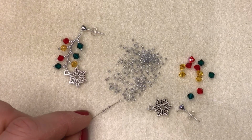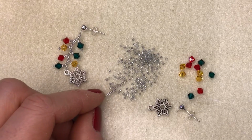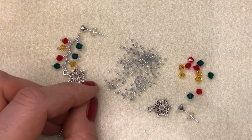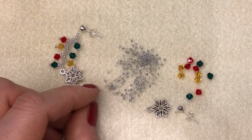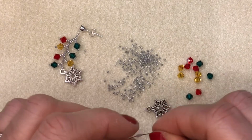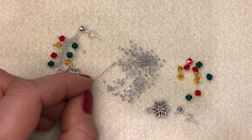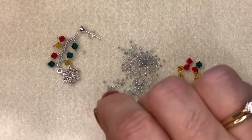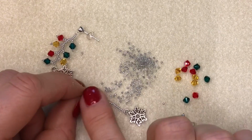So it's 1, 2, 3, 4, 5, 6, 7, 8, 9, 10, 11, 12, 13, 14, 15, 16, 17, 18, 19, 20, 21, 22, 23, 24. So I've counted 24 seed beads, and I'm going to take those down my thread so